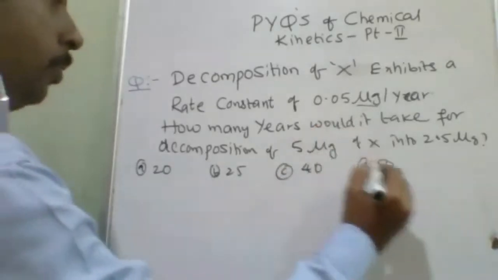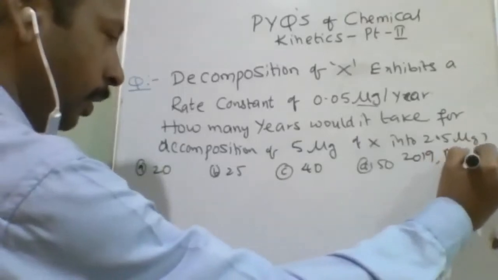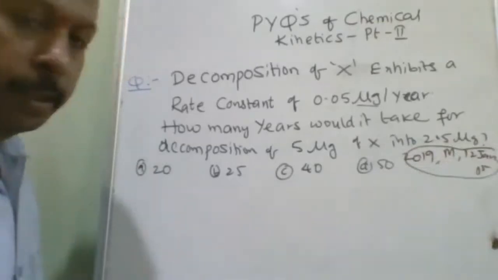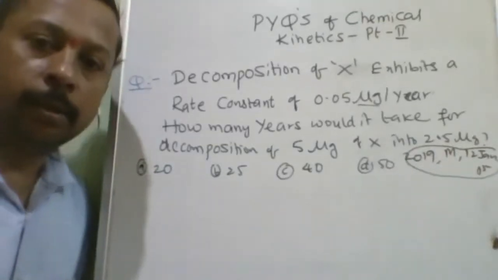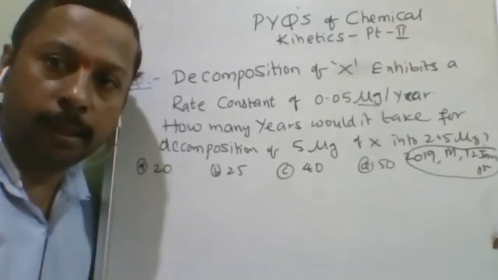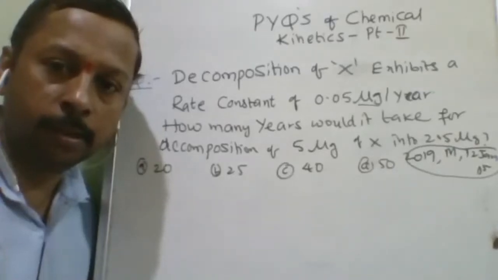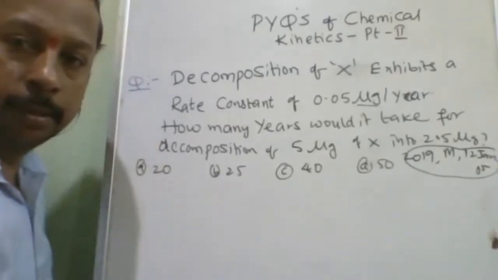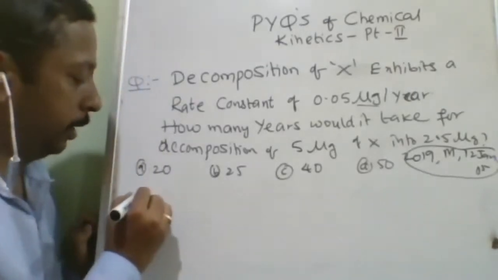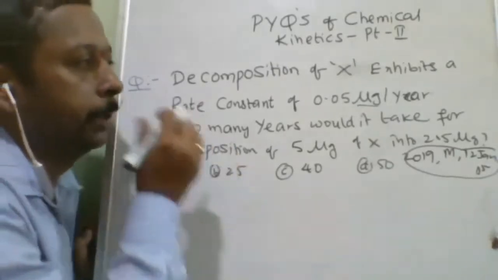Okay, this is also from 2019 Mains, 12th January, first shift. So these are recent examination questions. That means it is in the question bank of the NTA. So these questions are required to be discussed extensively. Okay, good. Yes, I have started explaining. So instead of checking whether your answers are correct, I will be directly explaining.